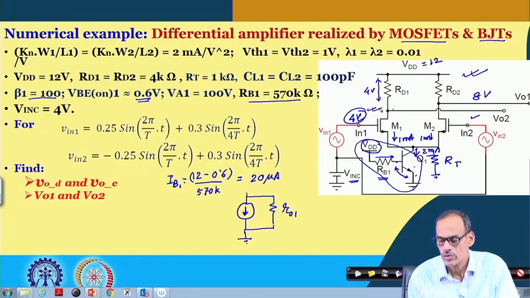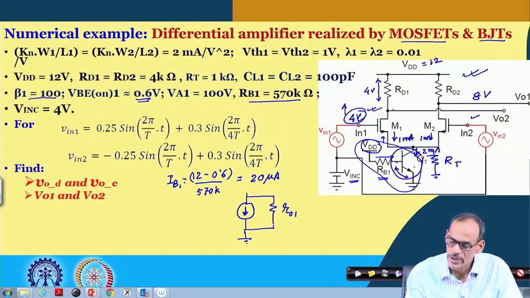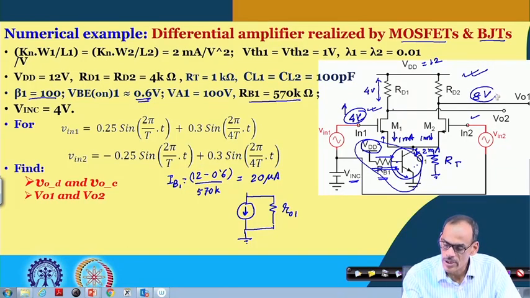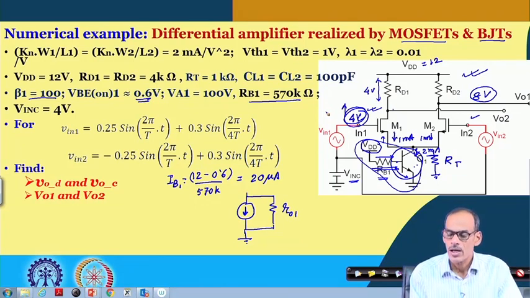In fact, it can be shown that even if this voltage is rising and hence this voltage may be rising, since this transistor is in the active region of operation, its current is predominantly defined by its base current and the beta. So, the tail current remains the same at 2 milliampere. So, I should say the DC operating point here is not really much dependent on this voltage, unless we